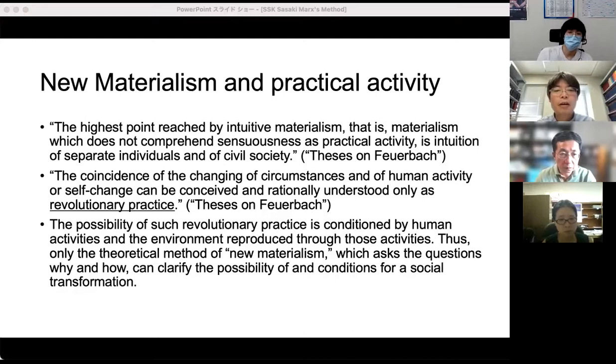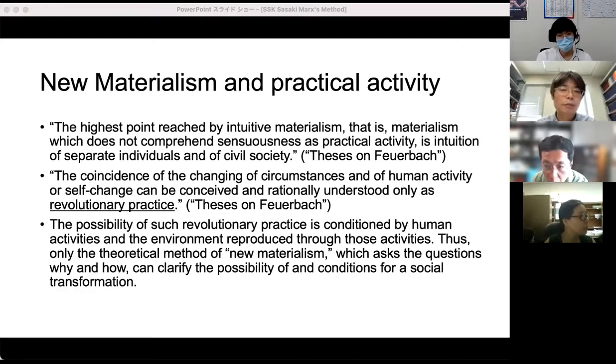In Theses on Feuerbach, Marx explained that the highest point reached by intuitive materialism, that is, materialism which does not comprehend sensuousness as practical activity, is intuition of separate individuals and of society. Here, Marx seems to have in mind how Feuerbach merely exalts sensuous intuition over religious illusion,